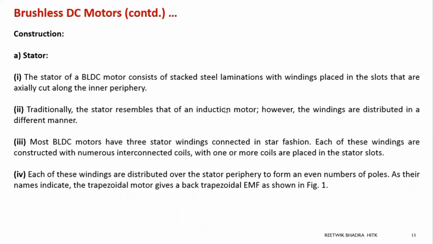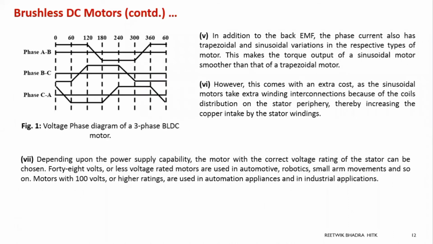It looks similar over here, and the windings are also distributed in those slots. And generally, all connections of the BLDC stator windings are made in star fashion. And the EMF that is generated is trapezoidal in nature, because we had seen what type of permanent magnet motor we are using. We are using a trapezoidal permanent magnet motor. So it basically looks like this shape. So trapezoidal, first this one, then this one, like this. It looks like a trapezoidal shape.